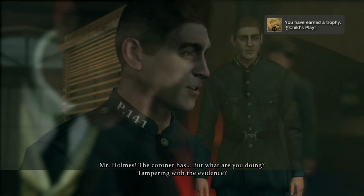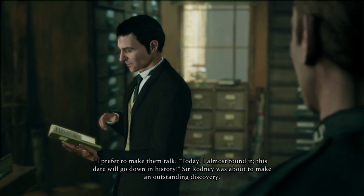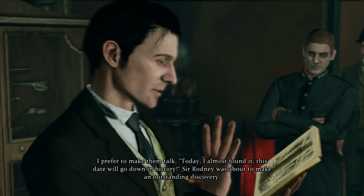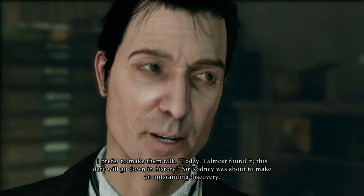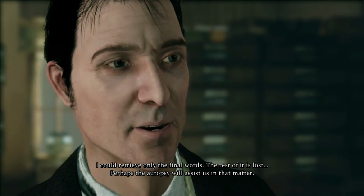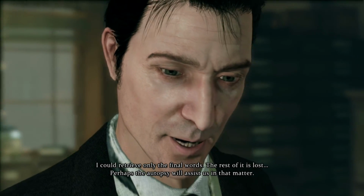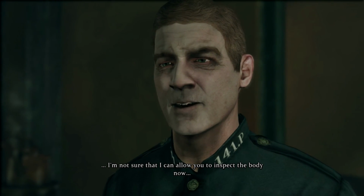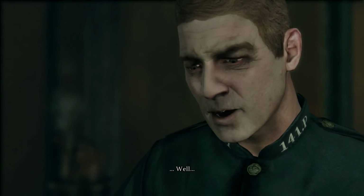Mr. Holmes, the coroner... But what are you doing? Tampering with the evidence? I prefer to make them talk. Today, I almost found it. This date will go down in history. Sir Rodney was about to make an outstanding discovery. Wonderful. I could retrieve only the final words. The rest of it is lost. Perhaps the autopsy will assist us in that matter. I'm not sure that I can allow you to inspect the body now. I am sure that you must, Constable. Well...